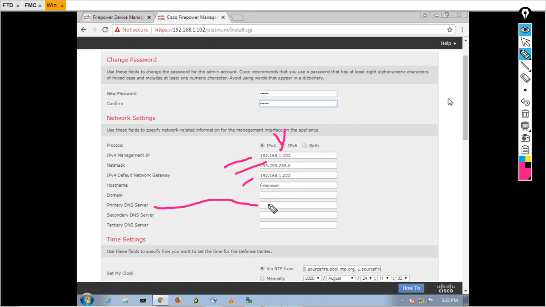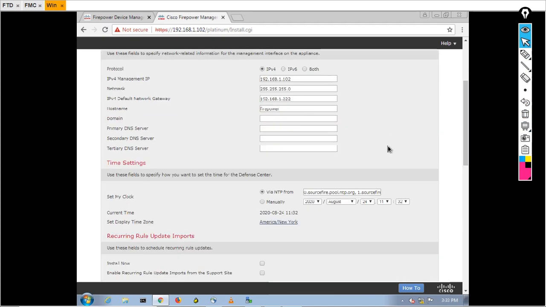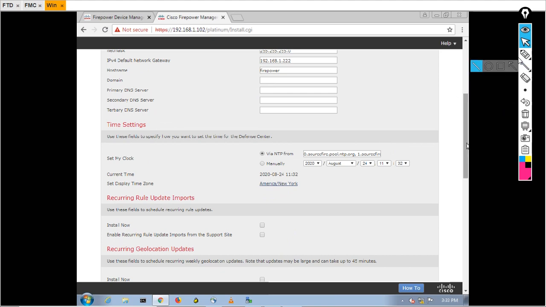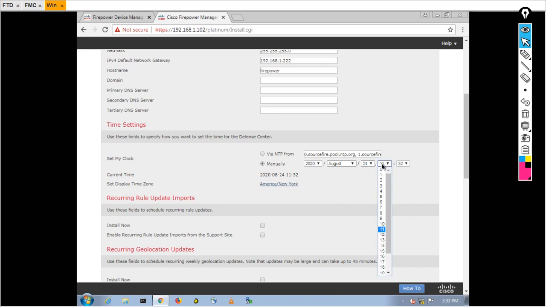Here I can define my DNS server. If you have any DNS server in your premises, you can define its IP address here, or if you are connected with the internet, you can define 8.8.8.8. Scroll down. Here you can define your clock manually, so I am going to change it to manual. August 24th.